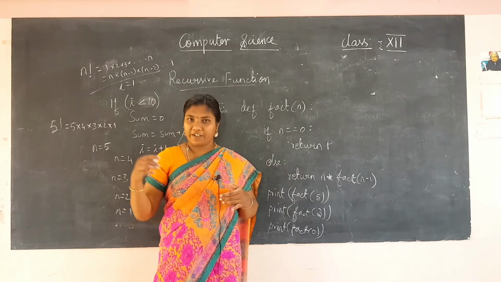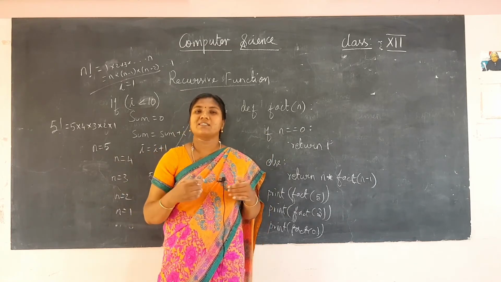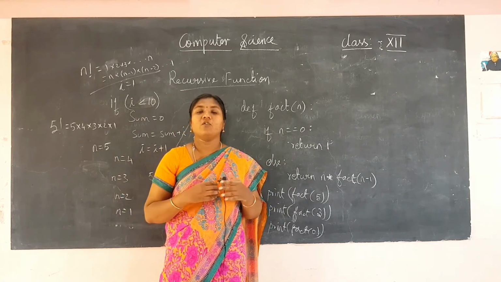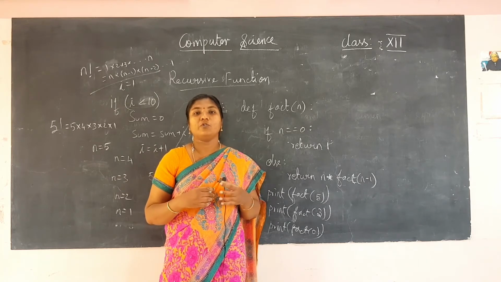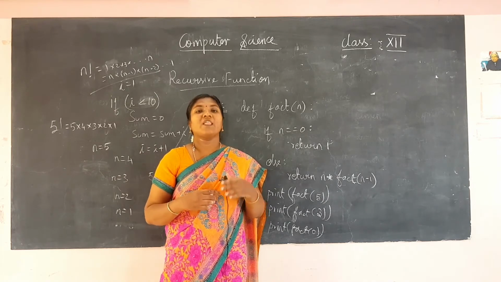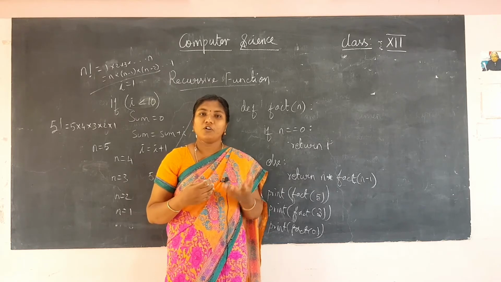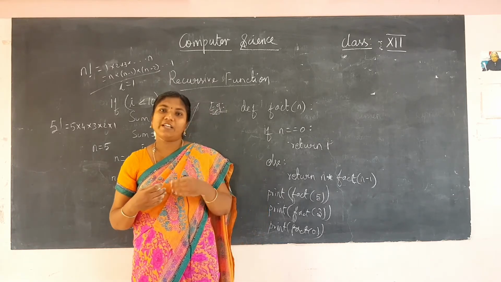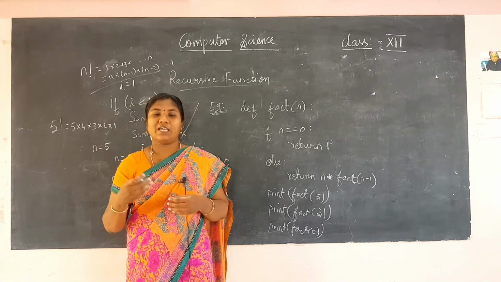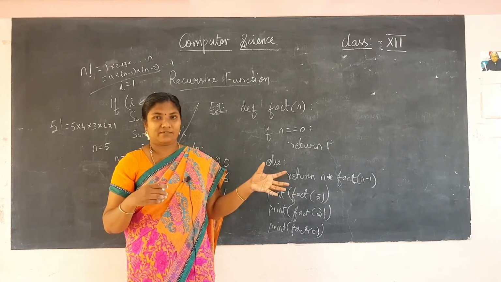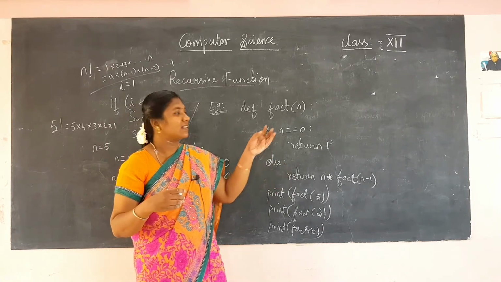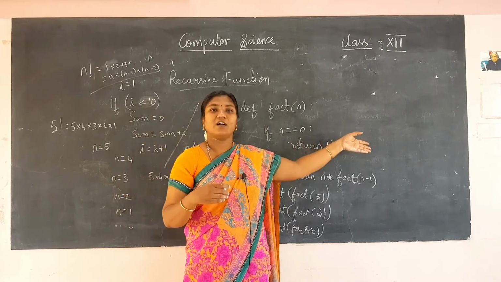Though it is an infinite loop or the number is very high, it will keep executing the loop up to 1000 times. So if you want to find the factorial, or if you want to execute the loop more than 1000 times, then you have to set the limit value as 2000.